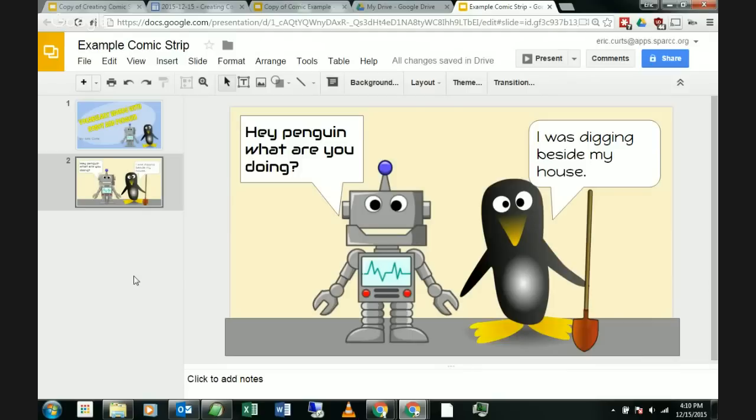All right. So now we need a couple more slides. So, hey, Penguin, what are you doing? I was digging beside my house. Now the robot needs to say something like, you know, what did you find? And the Penguin will say, I found the foundation. So at this point, you can save a lot of time, and the kids can too, by simply duplicating the